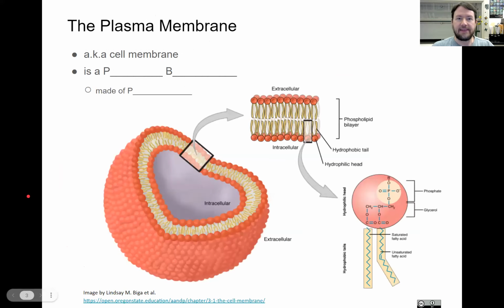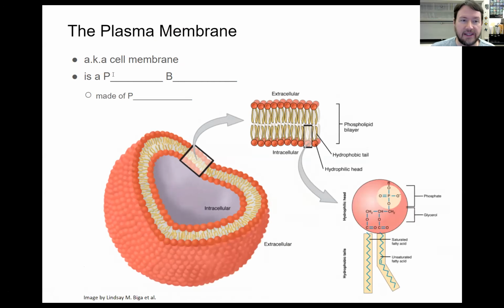Okay, so to start off with, the plasma membrane, what's the structure? Well, I should also say this is also known as the cell membrane. And the